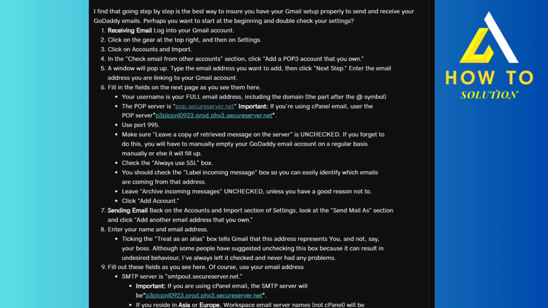After that it's going to ask you to fill in the following form. So you're going to put your username, which is your full email address, including the domain part after the @ symbol, the entire thing, and then the pop server is as it shows here, pop.secureserver.net. And if you're a cPanel user, then your pop server should be this one. Just copy it, and your port should be 995, and then make sure to leave a copy of received message